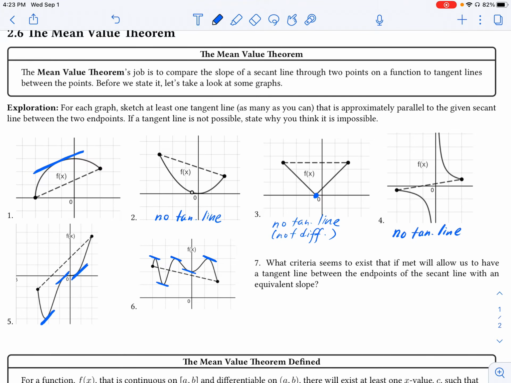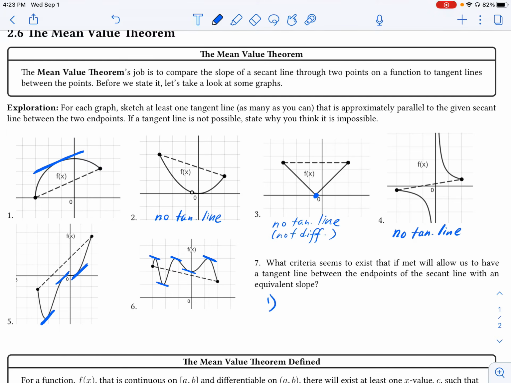So we've done about 6 of these now. We've seen 3 of them where we couldn't draw a tangent line and 3 where we could. What criteria do you seem to think there is that will allow us to have a tangent line between the endpoints of the secant line that has an equivalent slope? And the overriding criteria that we seem to have is that there must be, first off,